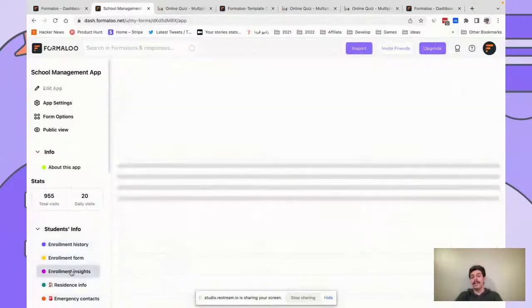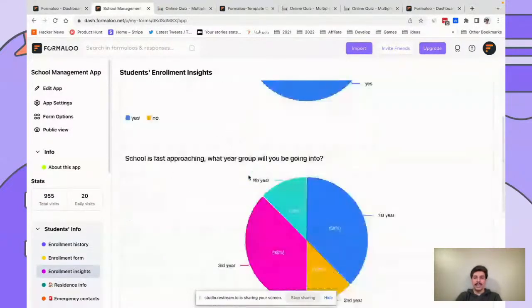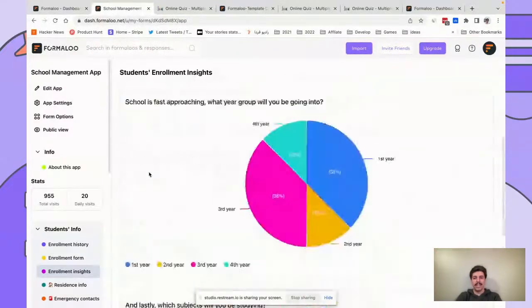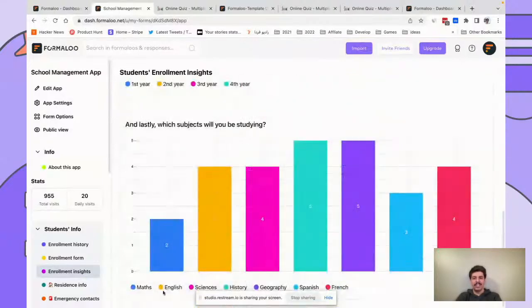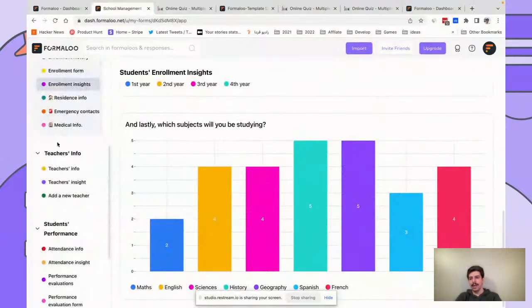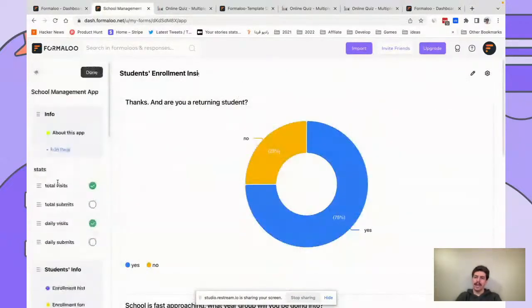I can see enrollment insights, for example, different charts based on the answers. For example, which year we have more enrollment, third year, for example, and which are the most popular subjects. I can edit them as I want, and I can change everything that I want from here. I click edit,